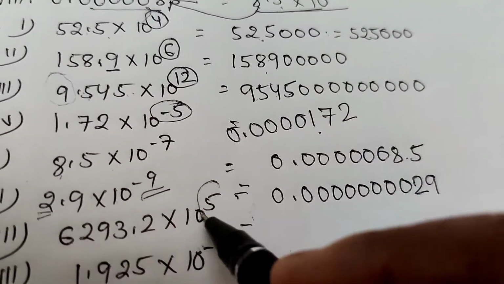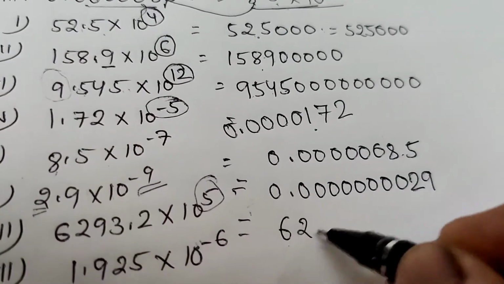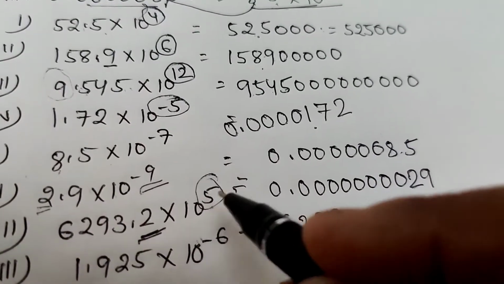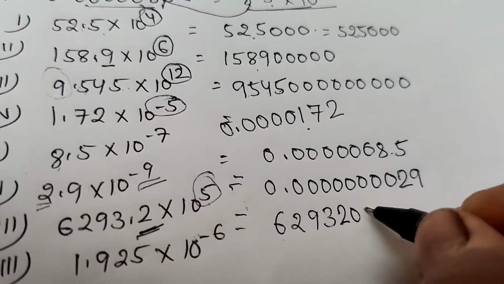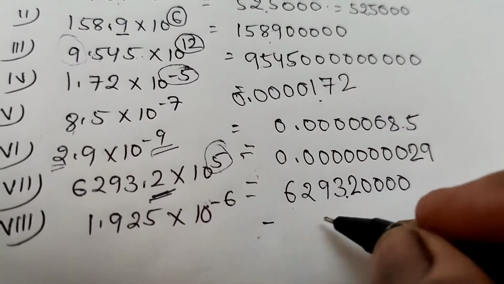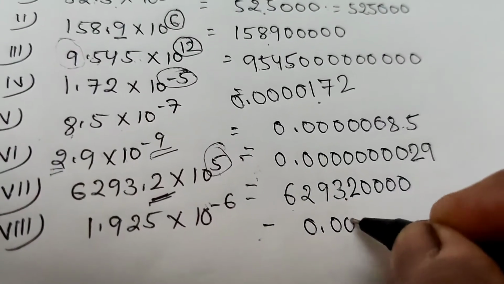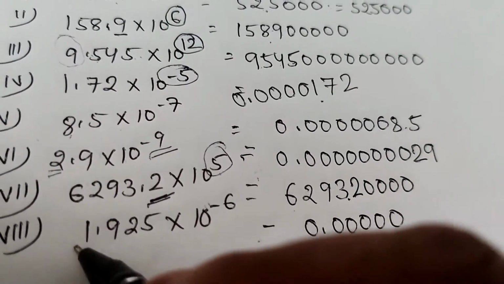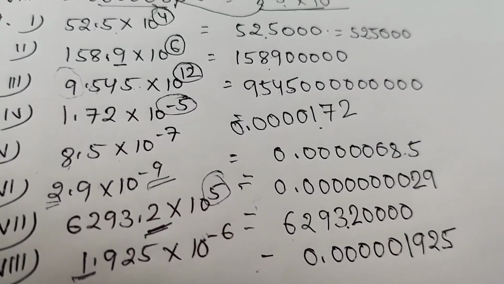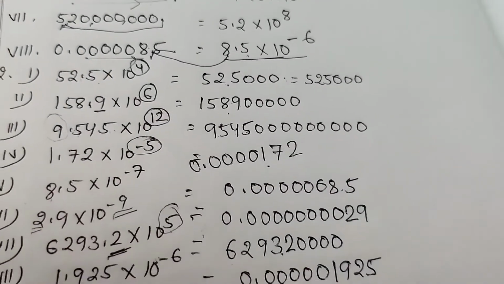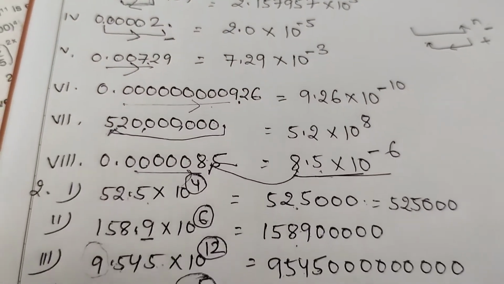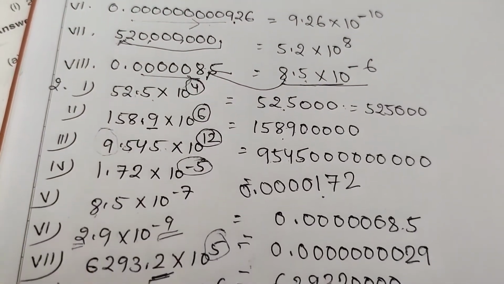Here in the positive power, it means the decimal comes at the last. One place is here. So how many zeros are needed? 4. 2 1 2 3 4. It was 4 here, it became 5. Next, minus 6. It means 5 zeros. 1 2 3 4 5 and 1. These are the 6 places and the last digit. This is the usual form of large numbers. This is the exponential form, and now the multiplication and division of these numbers.